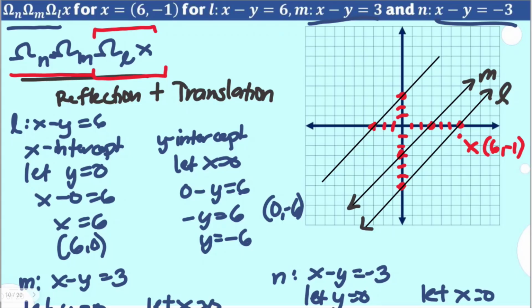Again, assuming that my lines are actually parallel, because they must be parallel, because you can see that your slopes for L, M, and N are actually the same. So there are actually parallel lines. These are our different lines, and of course, as you can see, the closest line is L, so it's really correct that we are going to reflect it to L first, so probably somewhere here, and later on translate it